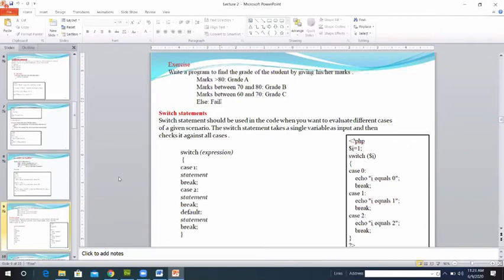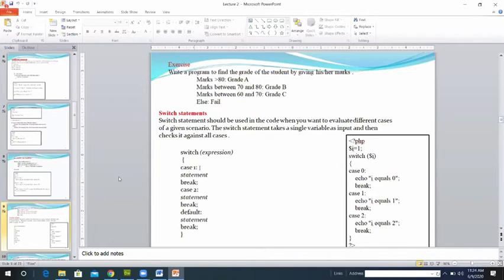Then we can move on to the next one, the switch statement. Can you remember how to write the common syntax for the switch statement? Normally, instead of writing a number of if else statements, you can use the switch statement. Switch, then within brackets you write the expression. Then it may contain a number of case blocks: case 1, case 2, case 3.